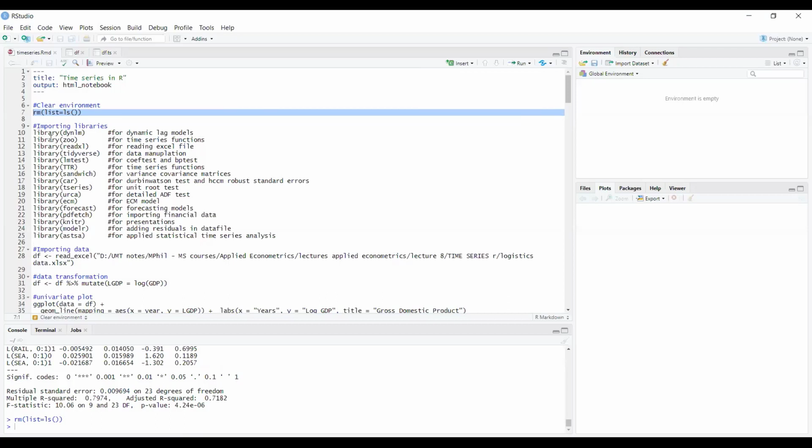First is the library dynlm, for dynamic linear models, and the library zoo is for time series functions. readxl is for reading Excel files. tidyverse is for data manipulation, lmtest for the autocorrelation tests, and TTR for time series functions; some functions are taken from here. sandwich is used to calculate variance-covariance matrices, and it will be used in the advanced models. car is used for calculating the Durbin-Watson test and robust standard errors.